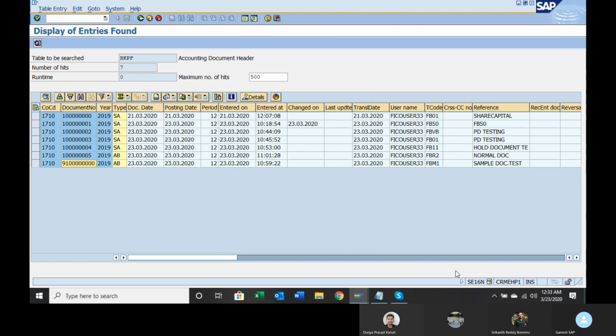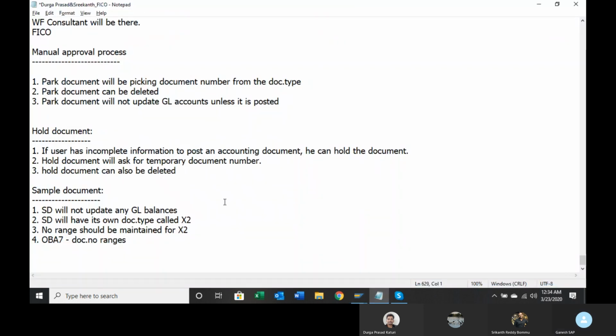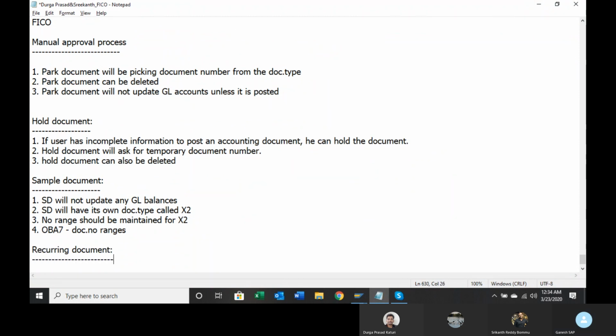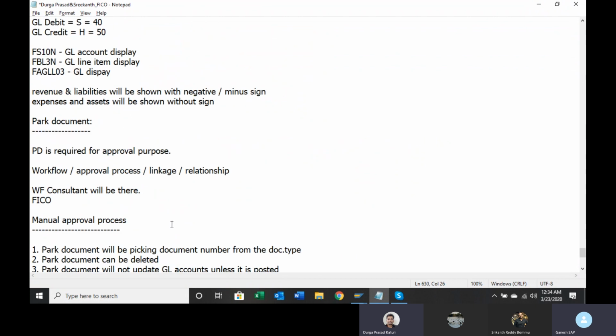Clear? So this is about the sample document. Any questions here before I talk about recurring documents? No.